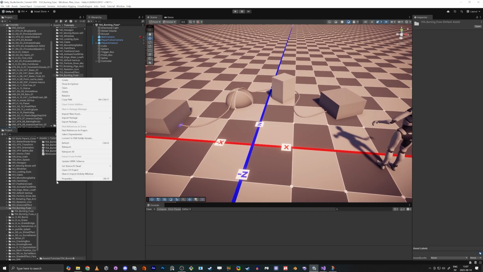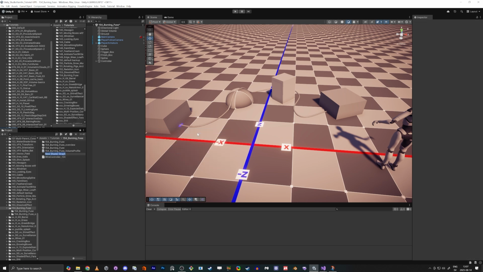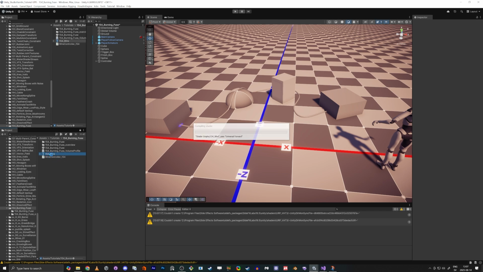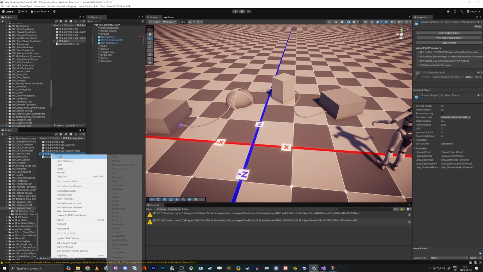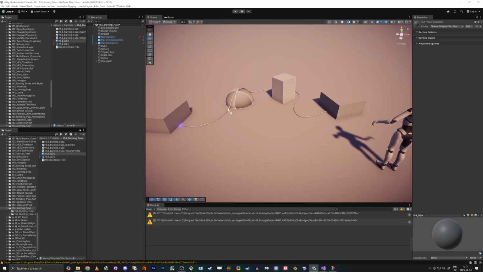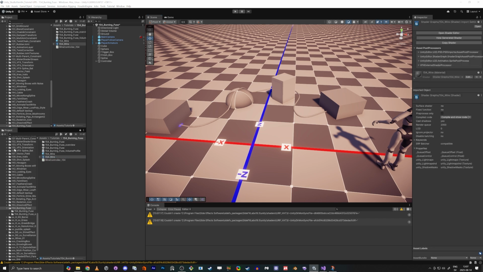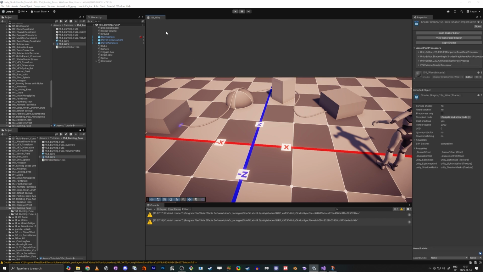So first off, we just make a shader and we have it here. We're going to have burning. We call it wire. That's good enough. And then we make a material of it. So we have it here. And then we add it to our wire. Perfect. So if we go in here and check out our shader,